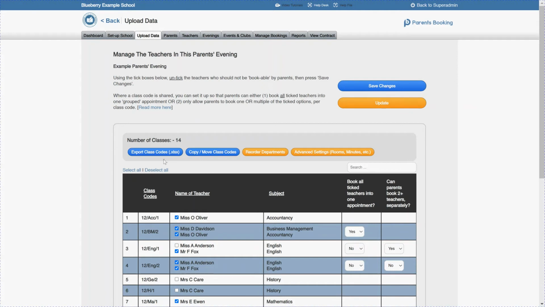Okay, as usual on this page, you have your export class codes button. This will give you a spreadsheet showing this page. That's a great resource to give to the other teachers or heads of department, just to help you check what's right and wrong on here. You can copy or move the class codes, so that would assign a new teacher to certain class codes. I actually recommend doing that on the teachers page. We'll do that in just a second. You can reorder the departments as before, so you can decide which order they're shown to parents. And then this advanced settings page will show you, first of all,